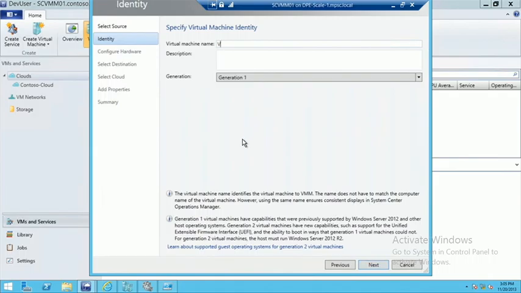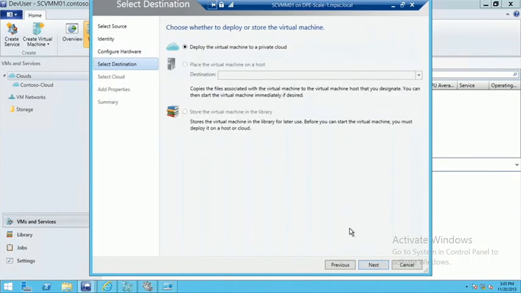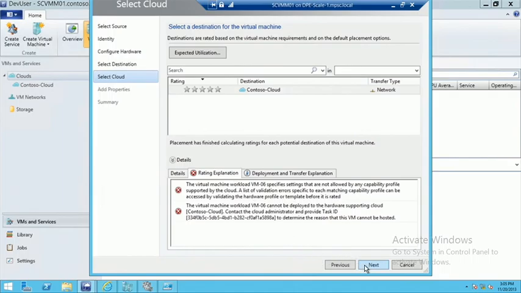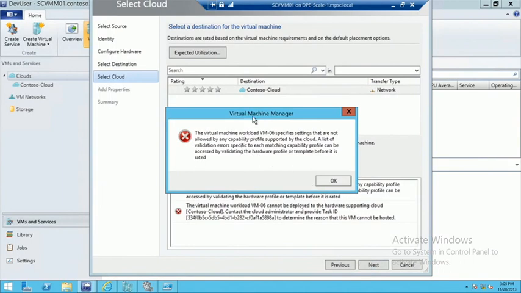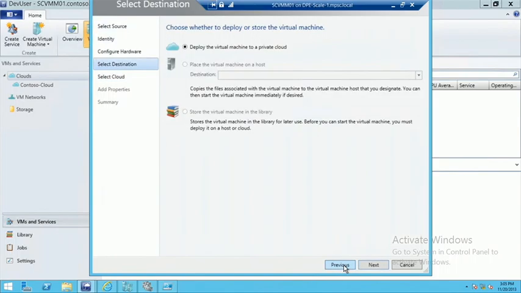Let's see what happens. Call this our VM06. Make this a generation 1 VM. Click next. Go through this process. Where do I want to place this? I want to deploy this to a cloud. Uh-oh, there's a problem. We are having trouble here because you cannot deploy this to a cloud using a brand new virtual machine. This capacity profile will not let you deploy the new VM. So let's step back a little, retest this,